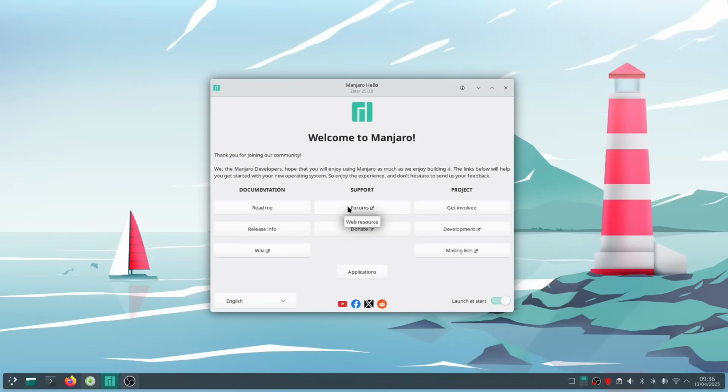You can go to the forums to ask questions there if you have any more issues. You could donate to the Manjaro project. You can get involved, and this will show you how you can get involved. It's not all about being a developer. There are other things you can do to get involved with projects. Then you've got the development option if you do want to get involved with development, and then you've got mailing lists,